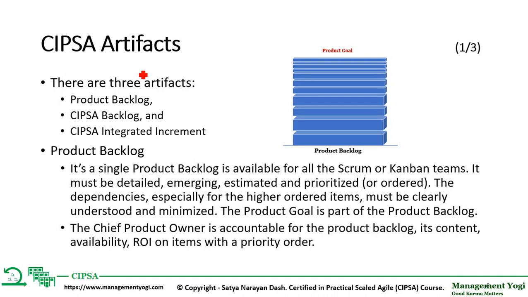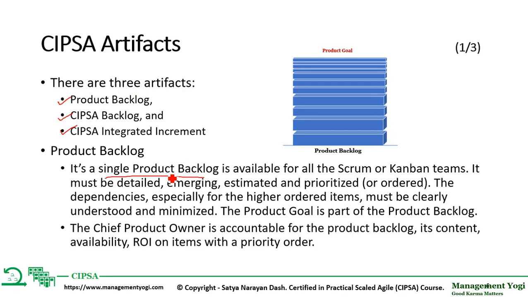CIPSA artifacts. There are 3 artifacts in the CIPSA framework. They are product backlog, CIPSA backlog, and CIPSA integrated increment. First is product backlog. It is a single product backlog and it is available for all Scrum teams or Kanban